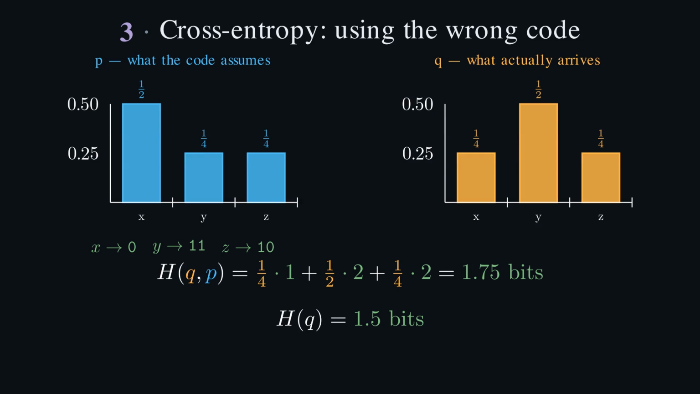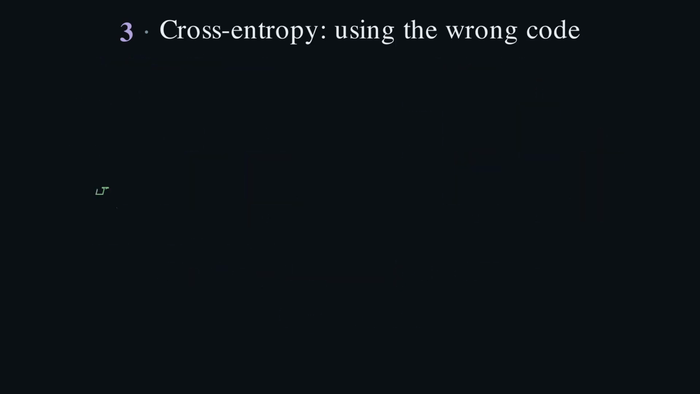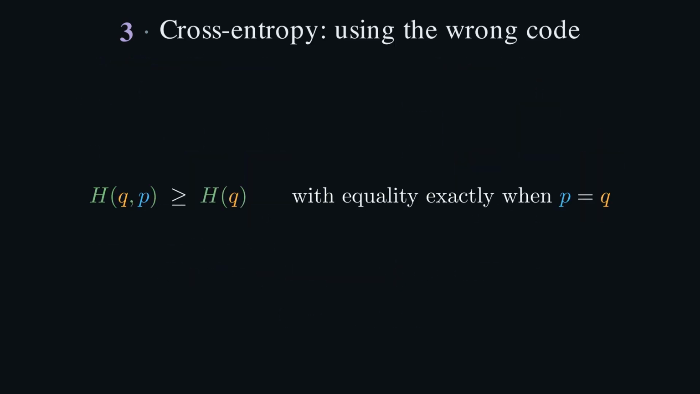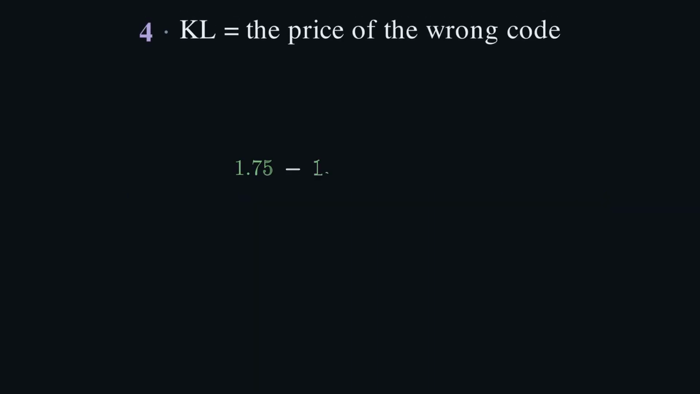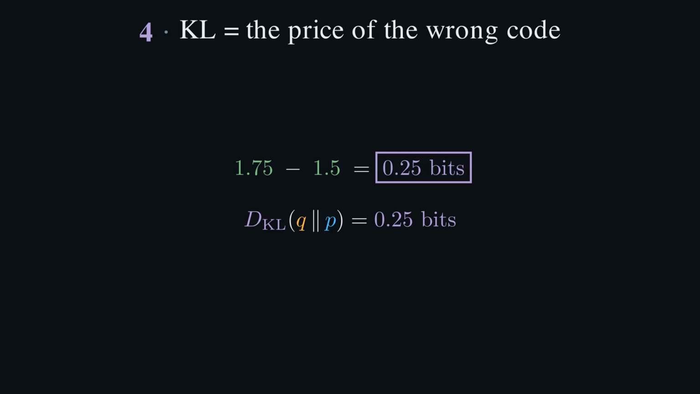And so it makes sense that the smallest possible value that cross-entropy can take is when both distributions are the same, and thus cross-entropy is lower bounded by the entropy of either distribution. Now, the wrong code left a gap of a quarter of a bit, as we saw. This gap is the KL divergence. In a sense, it's the extra bits you pay per word for